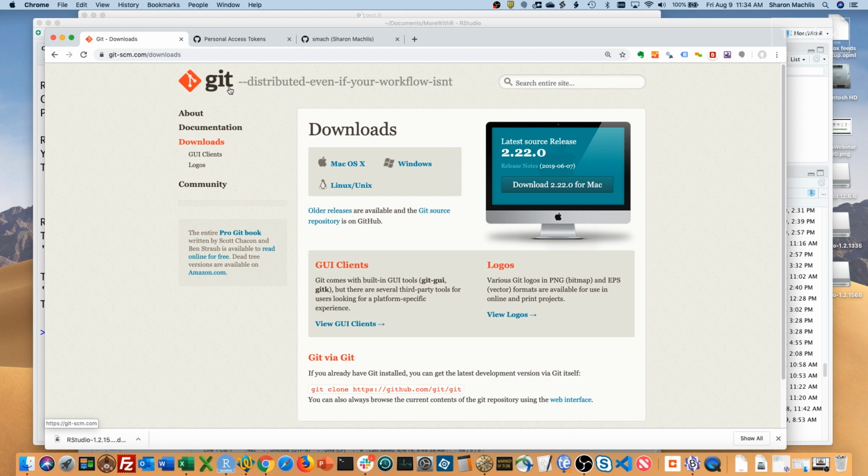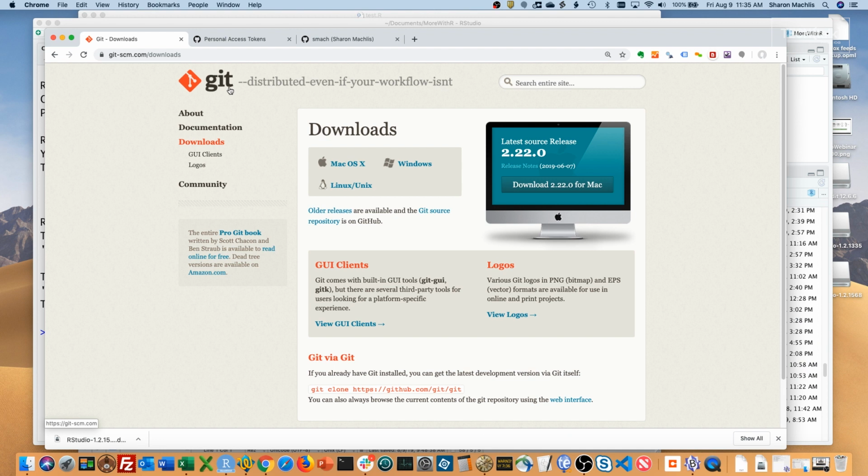If you want to sync your local project with a GitHub repository, you'll also need to set up a free GitHub account at github.com. If you have trouble with these setup steps, I highly recommend checking out Happy Git and GitHub for the useR at happygitwithr.com by Jenny Bryan and Jim Hester. Check out chapters 4, 6, and 7 for setup, including telling Git your name and email address, which is important. If you forget to do that, though, RStudio will prompt you with the Git commands you need. Those need to be run in a terminal window, not the RStudio R console.